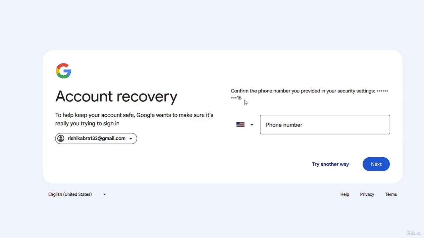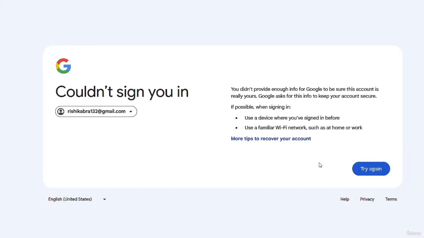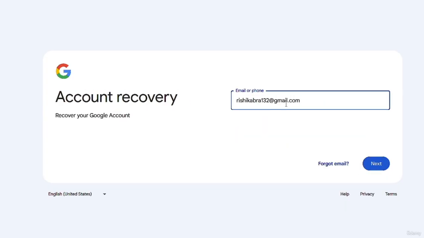with his Facebook account. Now, sometimes if you click on Try Another Way, you might find parts of another email address or any other information like his phone number, or if he uses any security key to log into his account. Now, let's click on Try Again and try the second email address, which is